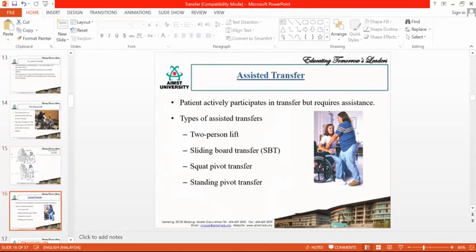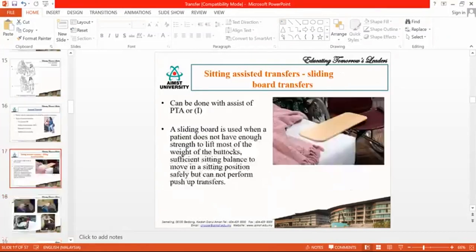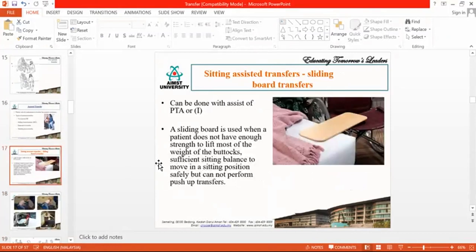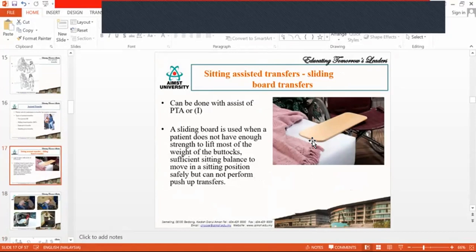What are the assistants you can use to transfer the patient? That is the object. So the first assistance is the sliding board. So this is a sliding board. You can use the sliding board to slide the person from one place to another. But the sliding board should be positioned in such a way that the patient's new position will be lower than the first position. Then only you can slide on the board. It is because of gravity and the smoothness of the board that the patient just slides and goes to the other chair.